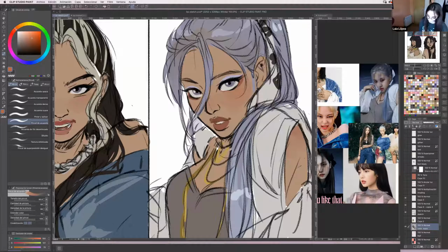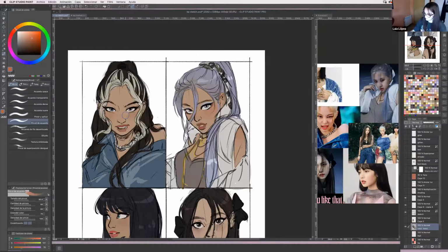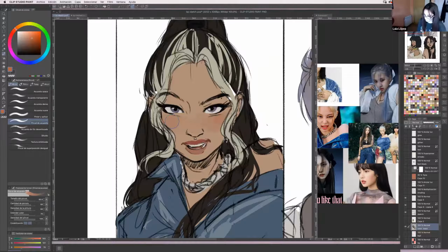Just like that. You just have to press a little bit and move it so you can blend it nicely. I also like to put some blush on the tip of the nose and on the shoulders.